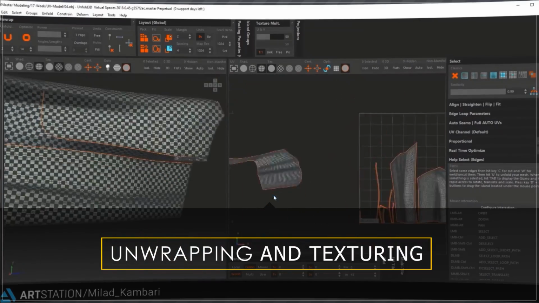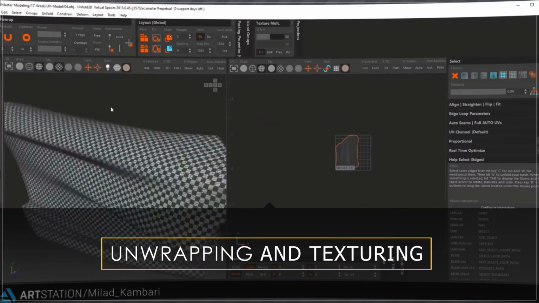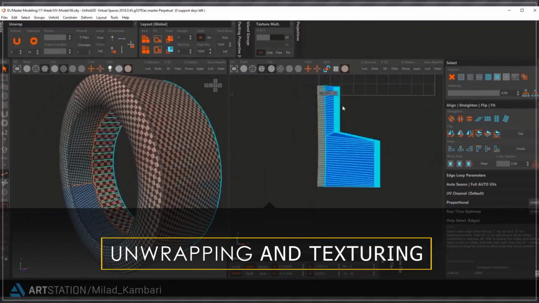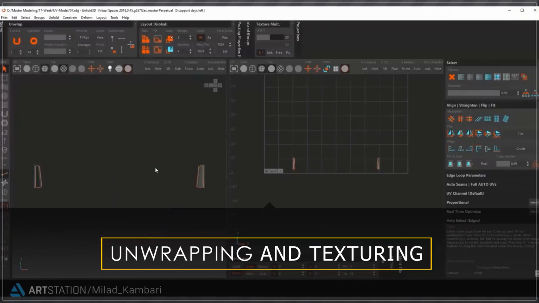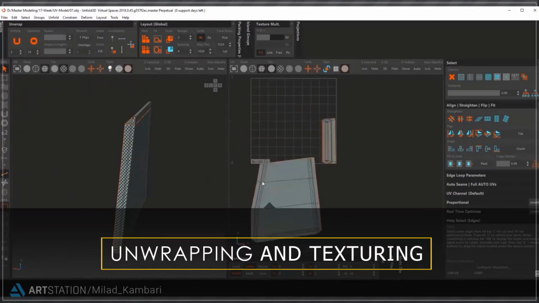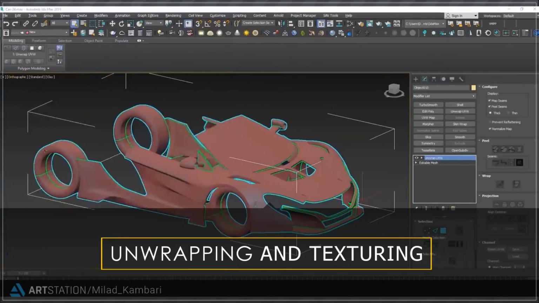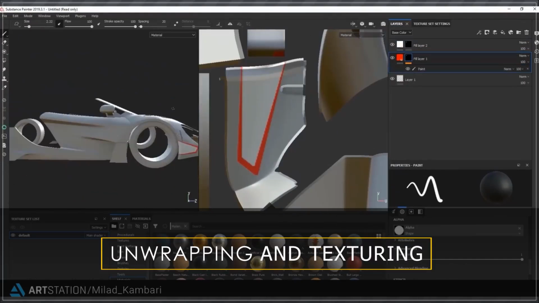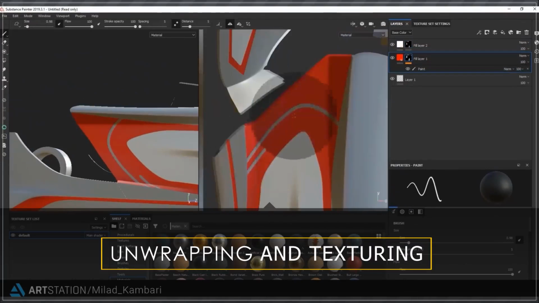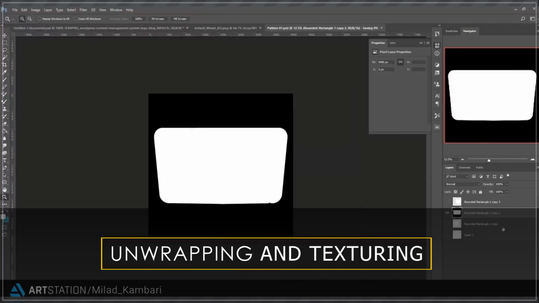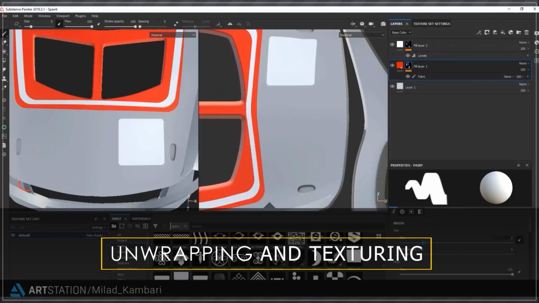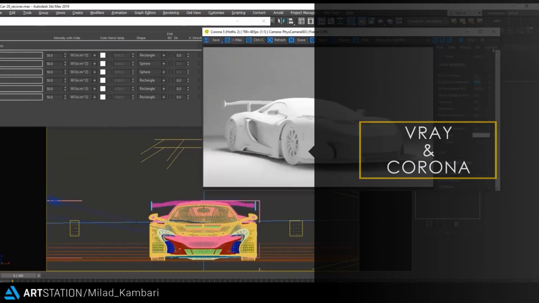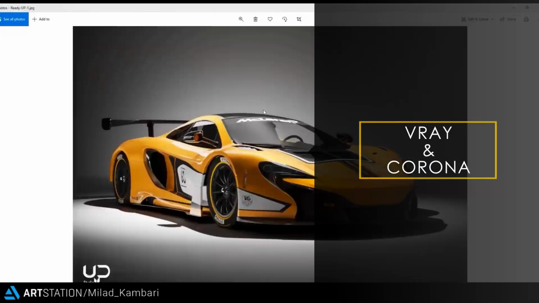But on top of that, I have also simplified this process by dividing our model into various manageable parts to unwrap the essential components of our model. After this phase, we transfer the prepared model to Substance Painter, and in this software, we start texturing different parts of this car. At the end, in the final section, we will import our model back inside 3D Studio Max